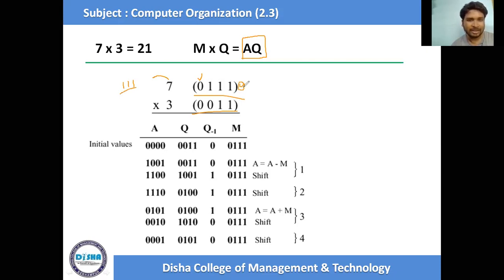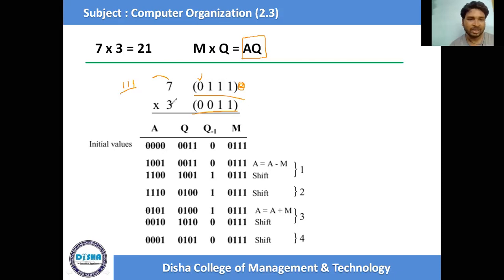Just see the last class. In the last class, we said that at the MSB side, the sign bit, if there is a 0, it is called a positive number. After we convert it into 2's complement form, that sign bit automatically becomes 1, and that represents the negative number. So 7 is a positive number, and to represent a positive number we have to use 0 at the MSB as the sign bit. So it becomes a 4-bit number.